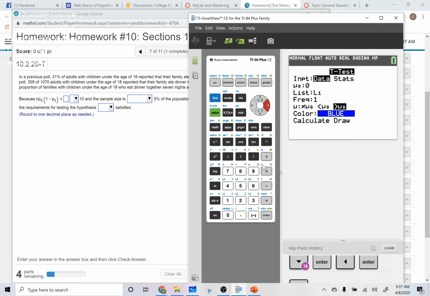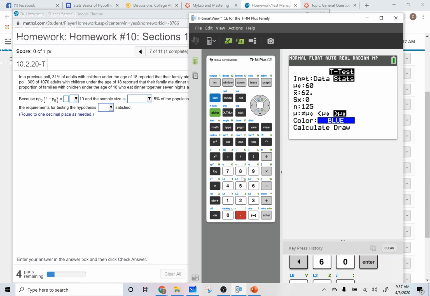So you don't want to do that if I give you the values. Let's say we want to test that 60 is the mean of a data set and that the sample has a mean of 62.8 with a standard deviation of